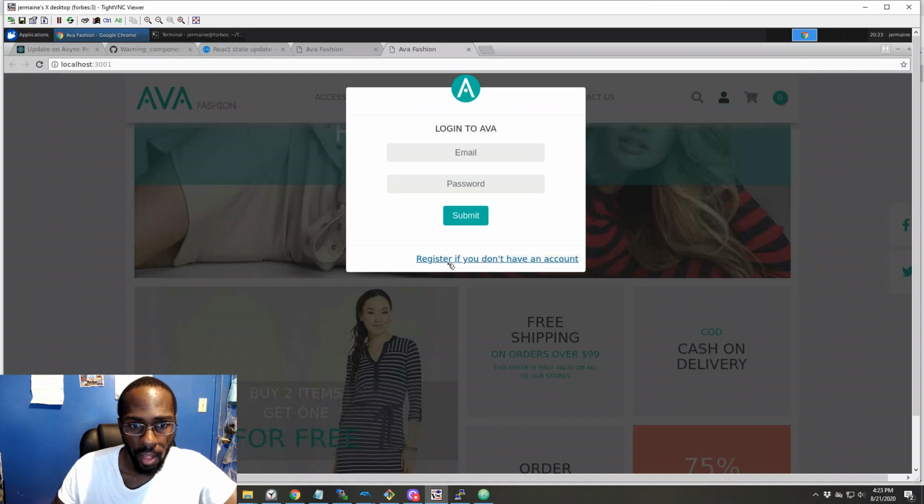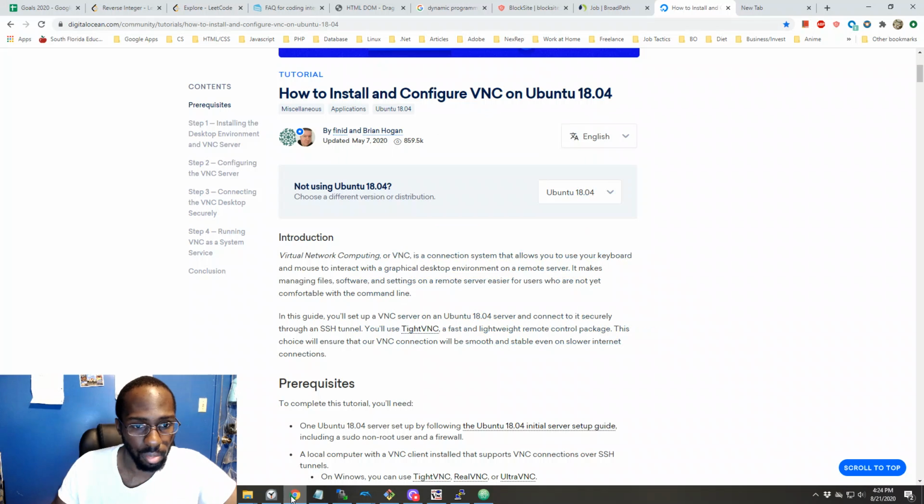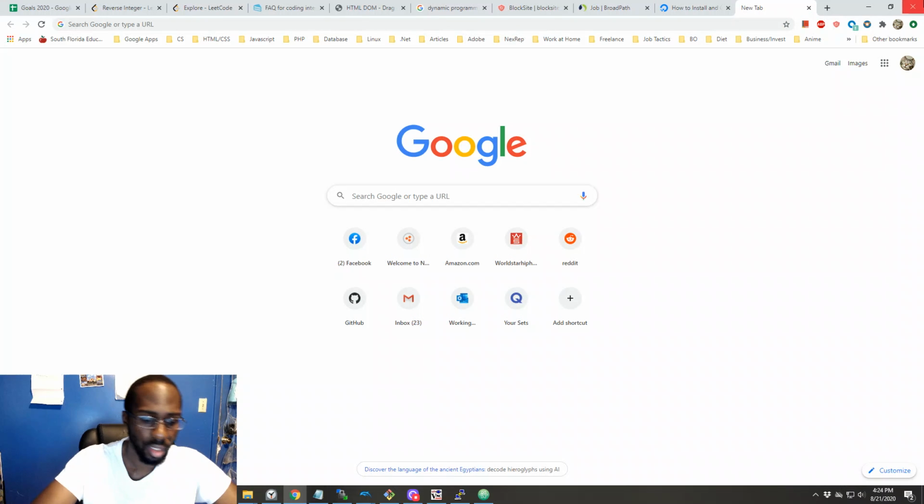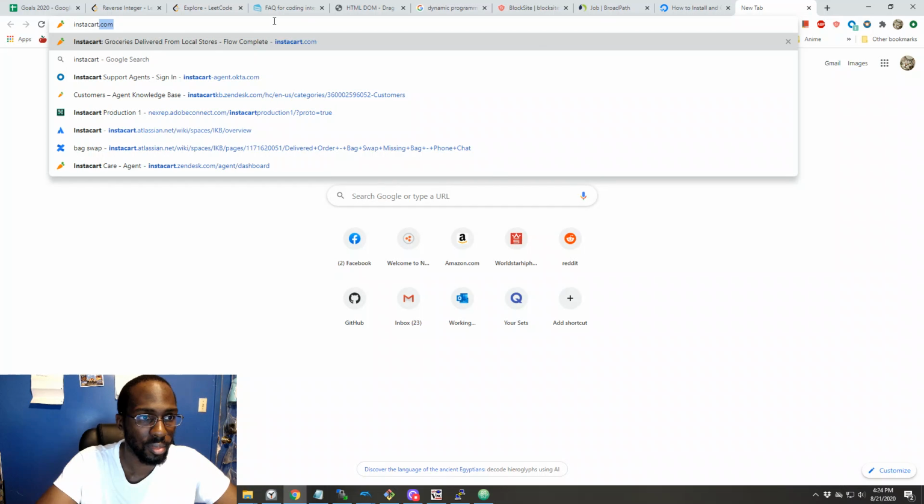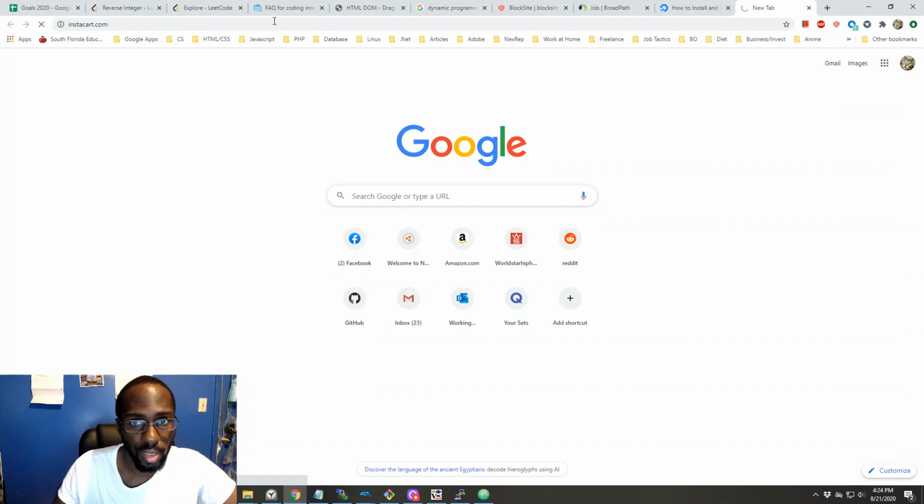link, and I want to create an action so that if I click this link, it will change this modal to be sign up as opposed to log in. But at the same time, I do want to have this button for Google authentication. I want to have an OAuth authentication button like you see in Instacart. If you ever log into Instacart,